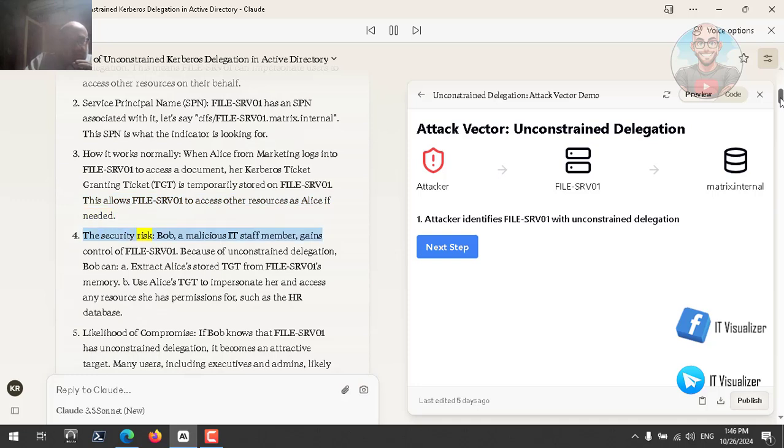The security risk. Bob, a malicious IT staff member, gains control of FILESRV01. Because of unconstrained delegation, Bob can